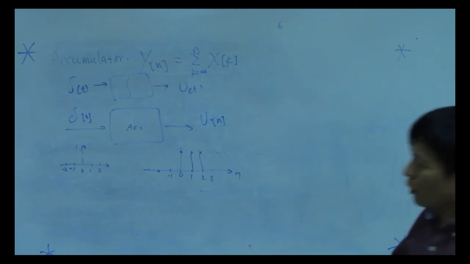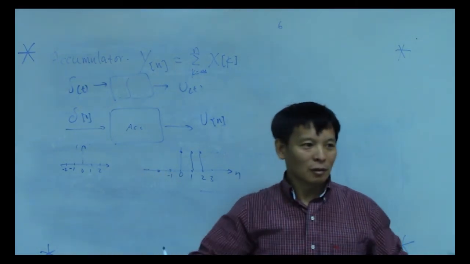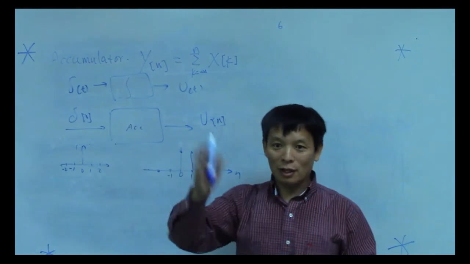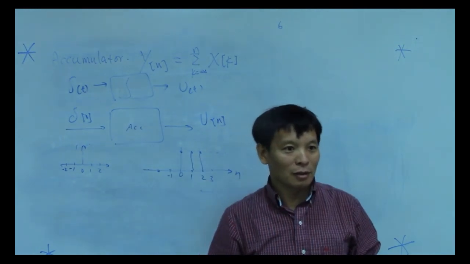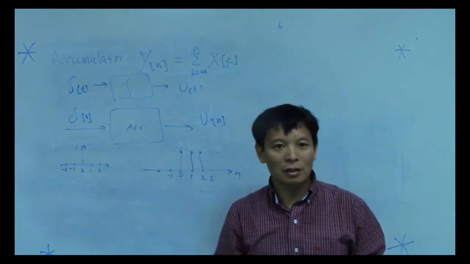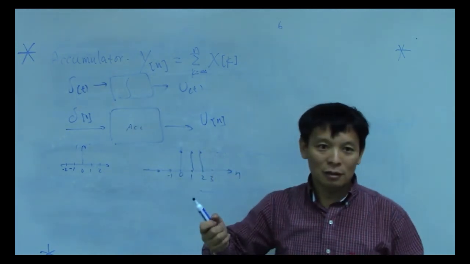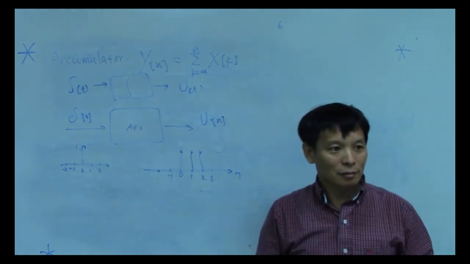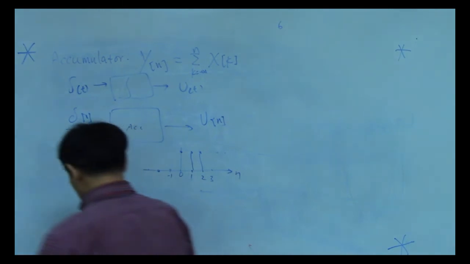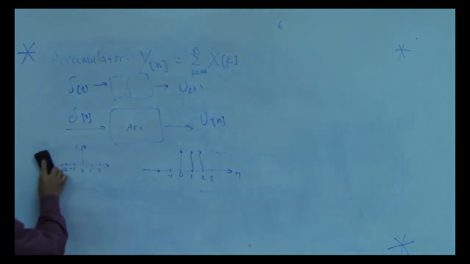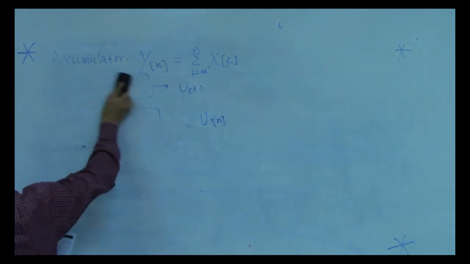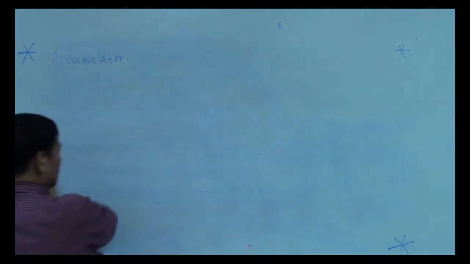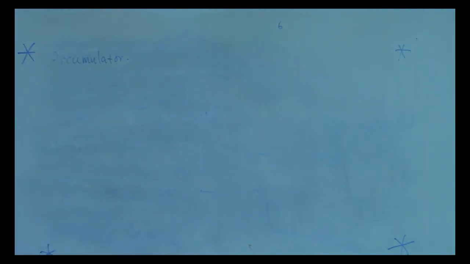In discrete time, we can just add, because we can do that. But this one is continuous, you cannot add, because you have infinite numbers. The time is continuous, so you can only do the integration. So they are the same, right? Okay. Accumulator, right? Integrator,